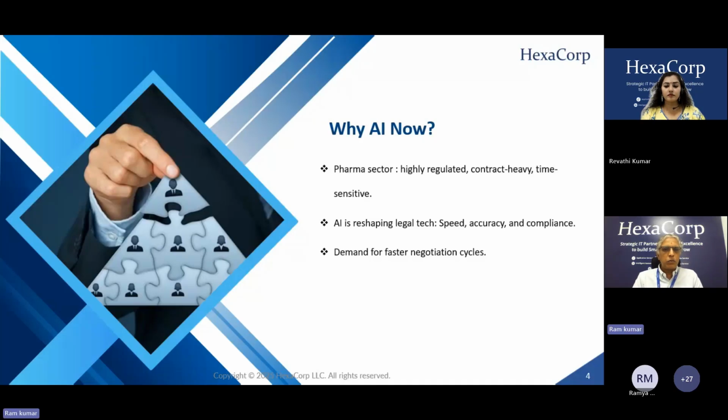AI brings a solution to this pressure by enabling faster, more accurate, and repeatable reviews. It doesn't replace legal teams, but it empowers them to focus on higher value tasks while ensuring nothing critical is overlooked. For example, imagine a pharma vendor preparing for a license